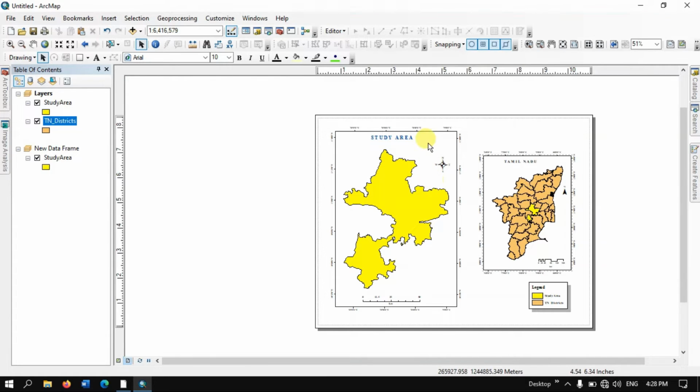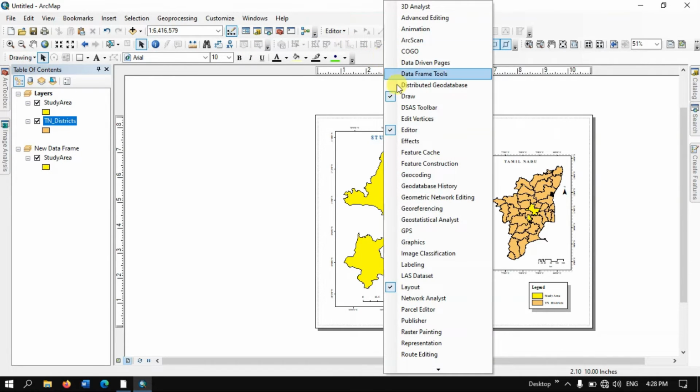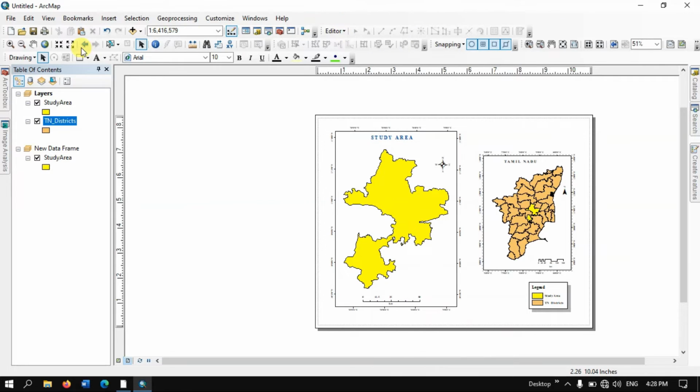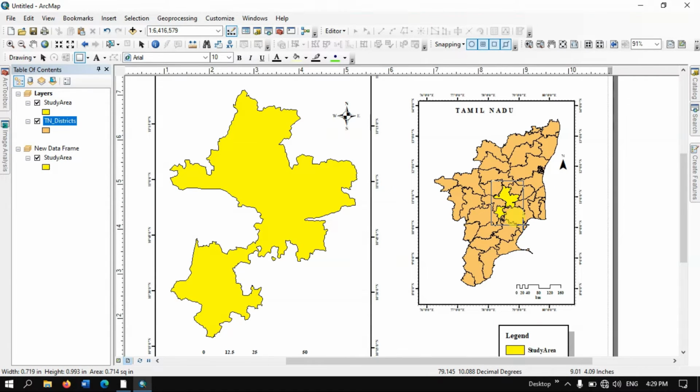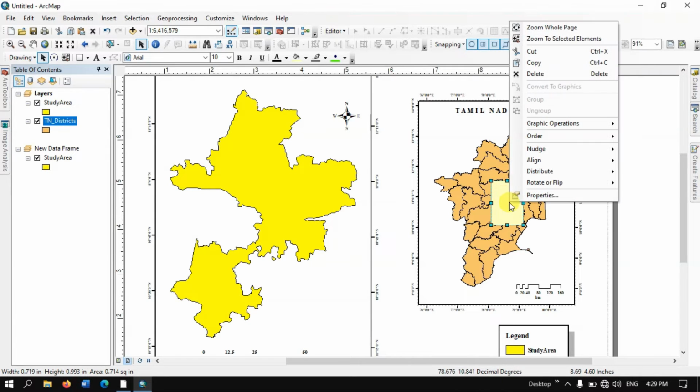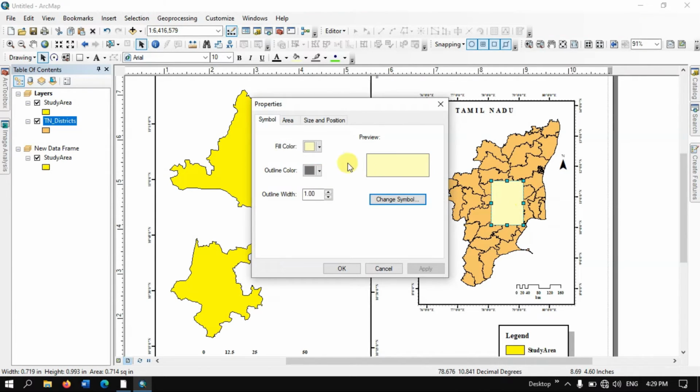And now finally we are going to draw some boxes. You can use the drawing tool. So you just have to right click on this empty space and you can find the option draw. Now here, first of all, we are going to draw a rectangle highlighting the study area. So I'm going to draw a rectangle here, and I have a highlight. Now after drawing the rectangle, just right click on it and go to the option properties. Here you can just remove the fill color, and you can use the red color for outlining for indicating the study area. I have increased the width size,